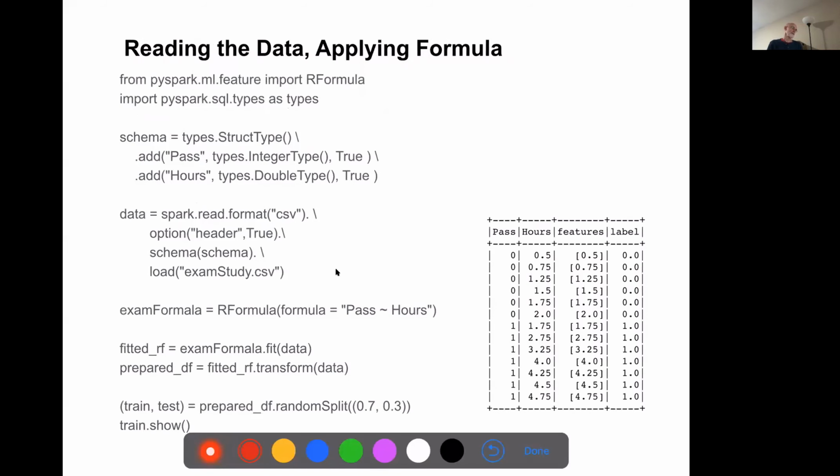So let's look at an example. Here, again, I'm specifying the schema to make sure that the file is read properly. Using RFormula, saying the pass depends upon hours. It's a two-step process to take our data frame we read from the CSV file into the libsvm format using RFormula.